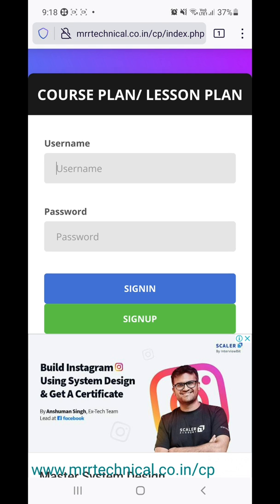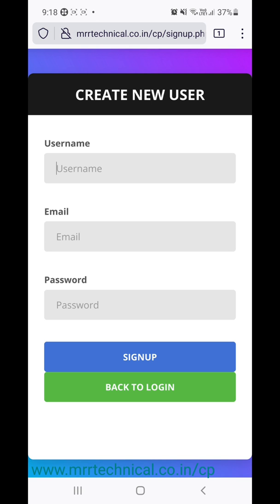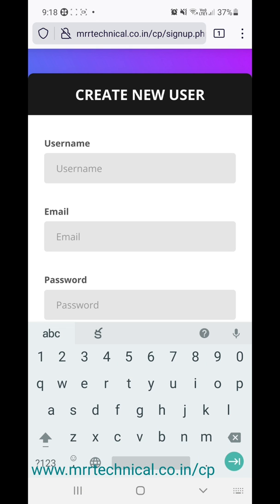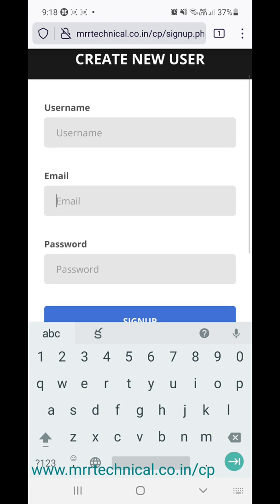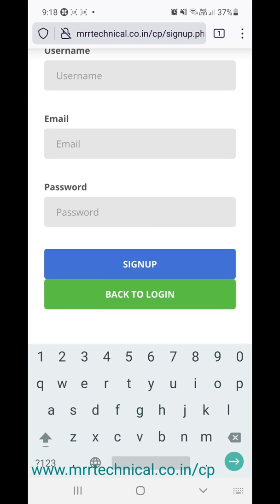You'll get the login page like this. Here, new users can click on the sign up button to create their username and password. So click on sign up and enter your username, whatever username you want. Enter the username and your mail ID, then choose some password. All of you, please note that you should not use your confidential passwords which you use for your bank accounts, mail IDs, etc. Use some dummy password here. Then you can click on sign up.